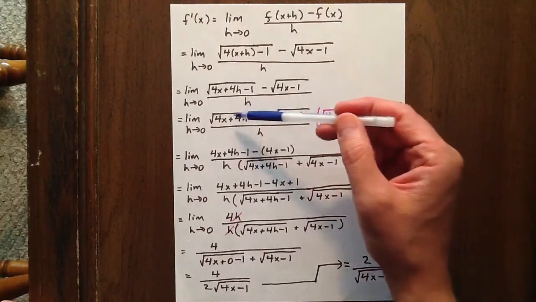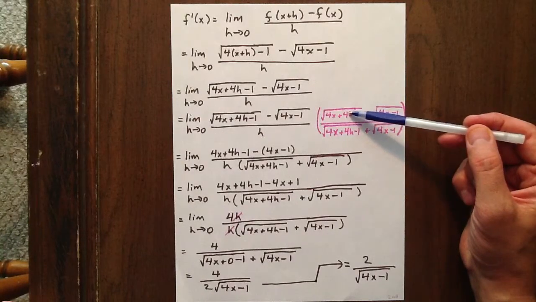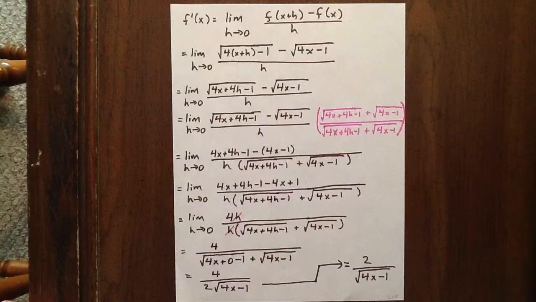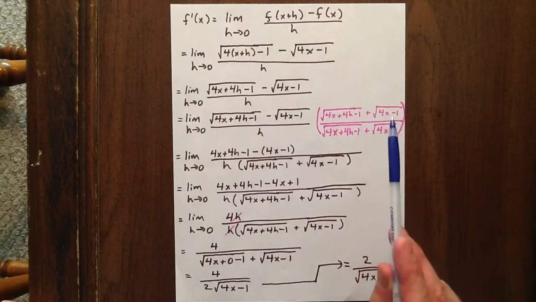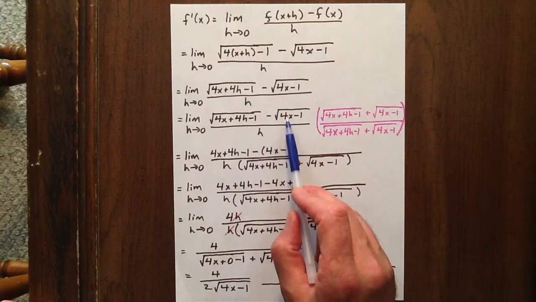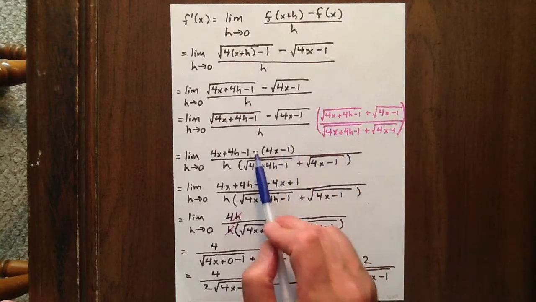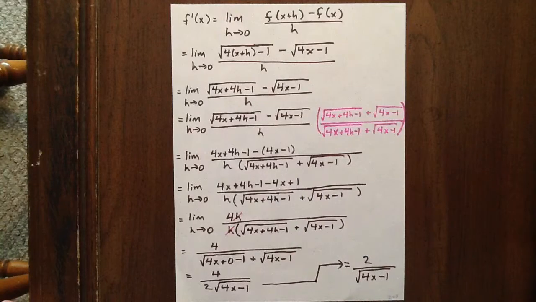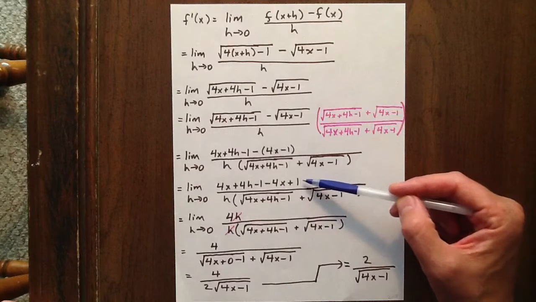Well, what happens is the square root of 4x plus 4h minus 1 times the square root of 4x plus 4h minus 1 is 4x plus 4h minus 1. We then add this square root times this square root and subtract this square root times this square root. Well, those are identical terms, so they cancel out. We then have minus the square root of 4x minus 1 times the square root of 4x minus 1. So we're going to subtract the quantity 4x minus 1 as a whole. In the next line, we'll remember to distribute the minus sign into that bracket, and we'll have this expression in